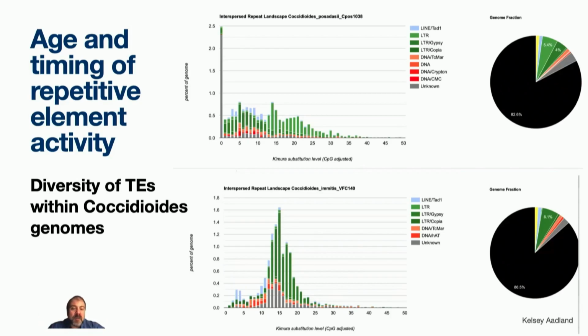And so that's what we're seeing more in imidis. We're seeing a lot of diversity at around this 15 time point, 15 scale, and that represents perhaps a bunch of transposition that occurred at one point in time. And so there's a lot of elements of the same age, but they have diverged from each other. So again, just thinking about the timing of when some of these changes occurred is the goal of those graphs.